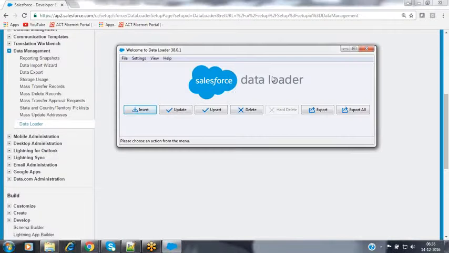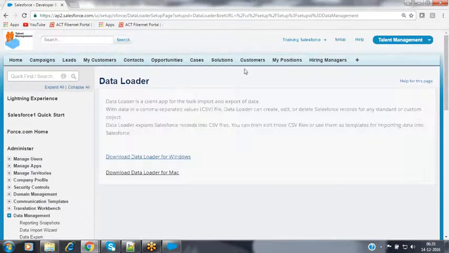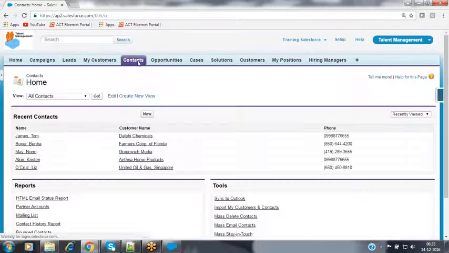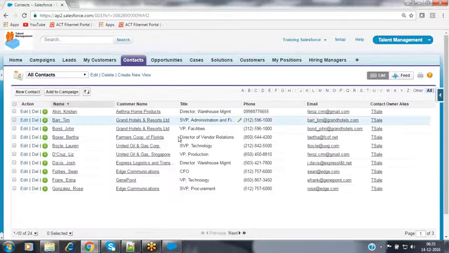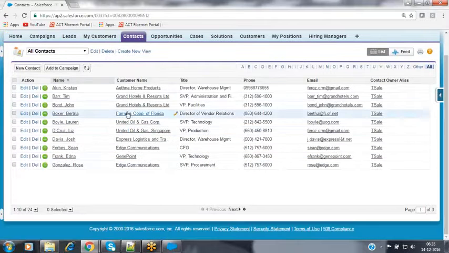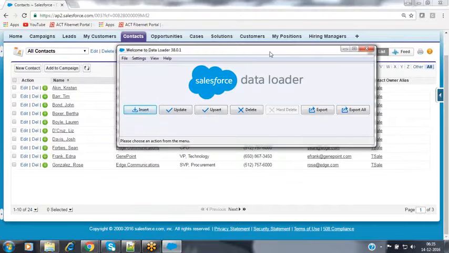Let's see practically here. I would like to export some data right now. Exporting means getting the data from that Salesforce object. Now let's assume that I have some set of records inside my Contact object. I would like to extract all these records from my Salesforce instance to my local system here. So for that, I would like to export these records. Then how can we export these records?